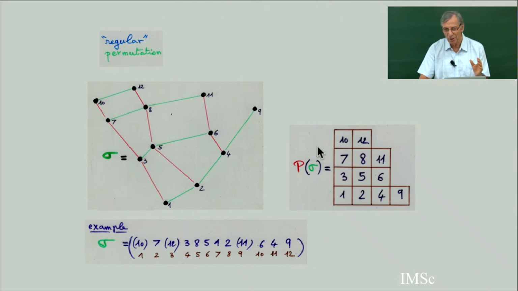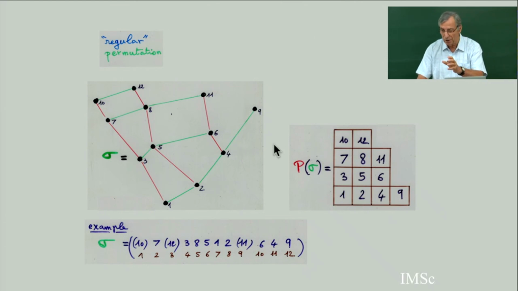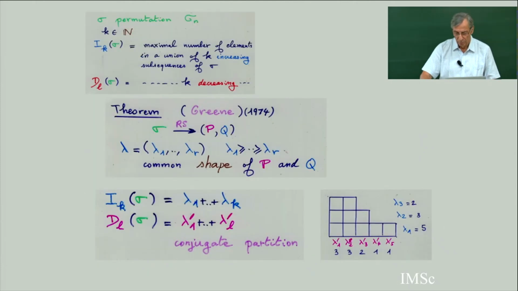It is maybe even easier to check with the reading word of the tableau. So this is trivial with the reading word of the tableau. So by invariance, if you have any permutation, by Knuth transposition, you can reduce it to a reading word or to such a permutation. And in this case, you can check Greene's theorem. And so, proposition,